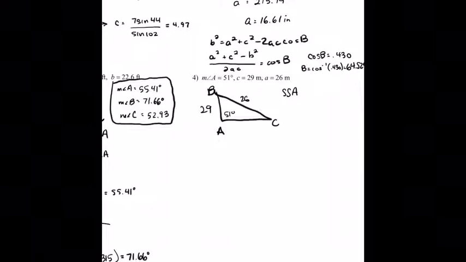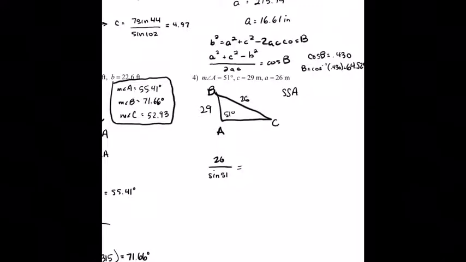Sometimes we get an answer that doesn't make sense, so there's no such triangle, or we can have a unique solution, or we can have two different values for the angle, or two different values for the side, rather, the missing side. So anyway, it's going to be law of sines, and since we only know one of the angles, we know it's going to involve sine A. So A, which is 26, over sine A, which is sine 51,